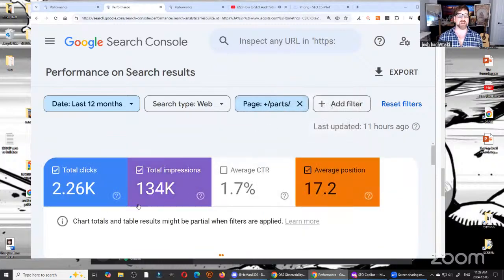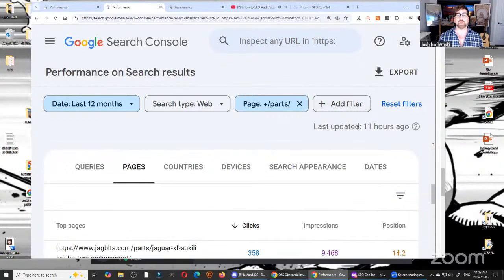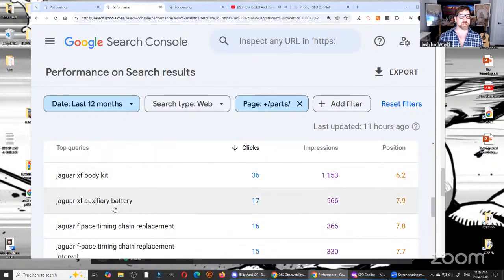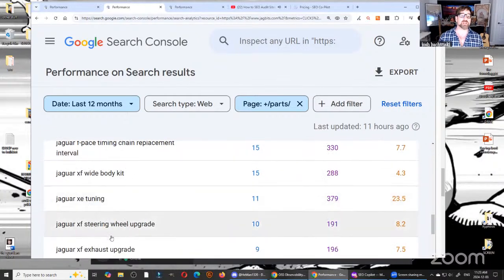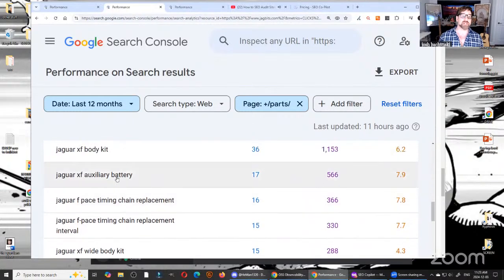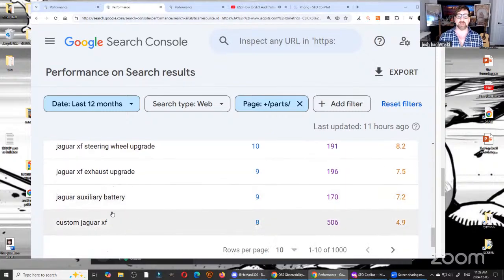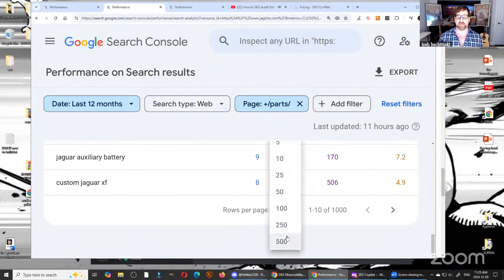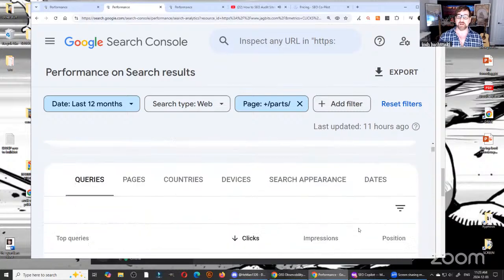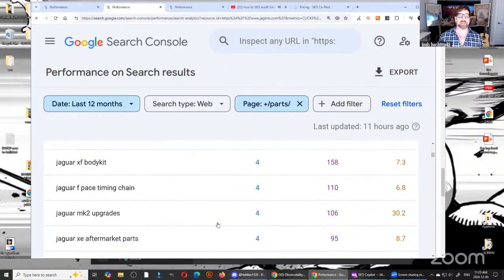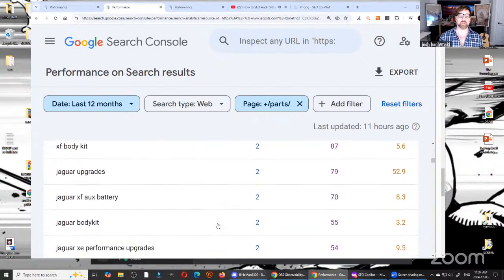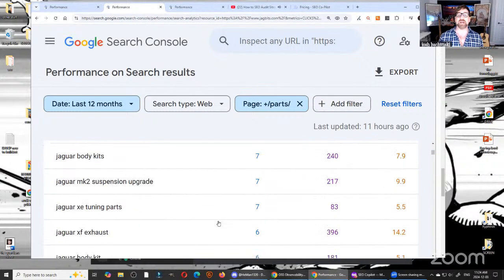You can build up the traffic and you can get 134,000 impressions in 6 months of work and 2,200 clicks. I got this client 2,200 clicks of things that they actually want to rank for. Right? These are actual products that they sell. These are bottom of the sales funnel, not top of the sales funnel shitty keywords. These are bottom of the sales funnel awesome keywords that make them money that they are getting the clicks on. They are getting the impressions. They're getting the clicks. As you can see here, they got tons and tons of clicks, 2,200 plus clicks. I got them out of nothingness.